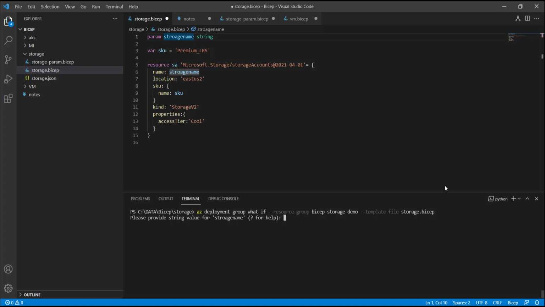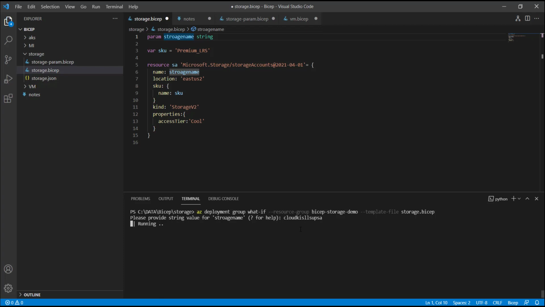As we have mentioned the parameter for the storage name, it's asking us to pass the parameter. So I have mentioned here the storage account name, and let me enter. What it will do is check the availability of the storage name in Azure, because the storage name is unique; this name should be unique across the Azure platform.